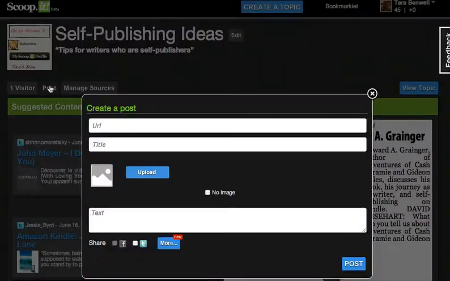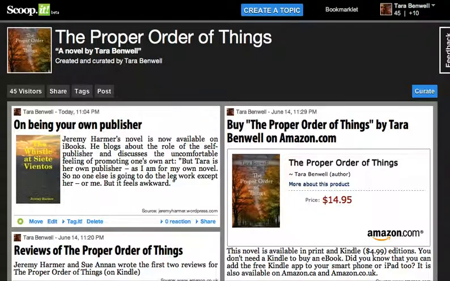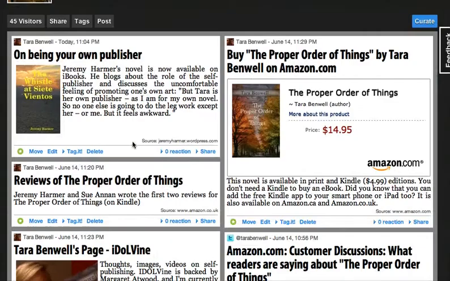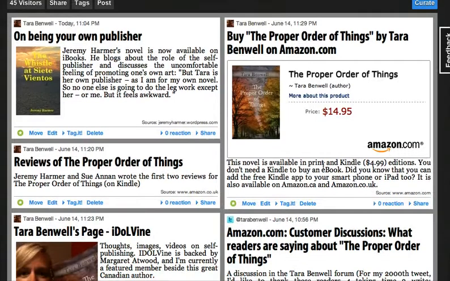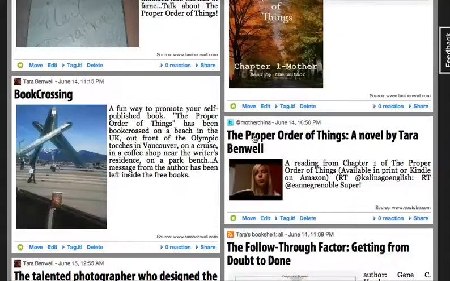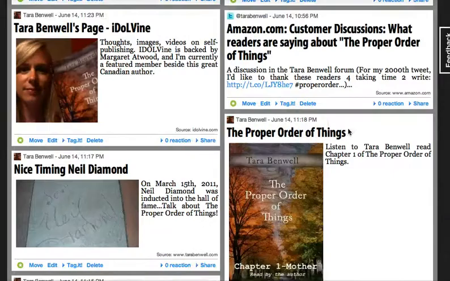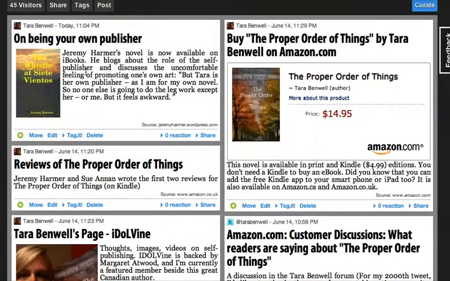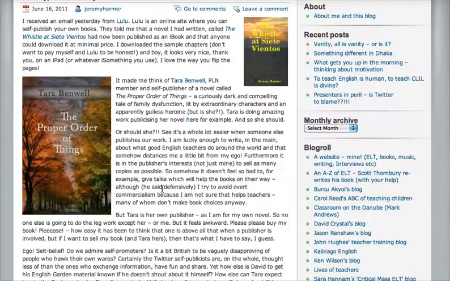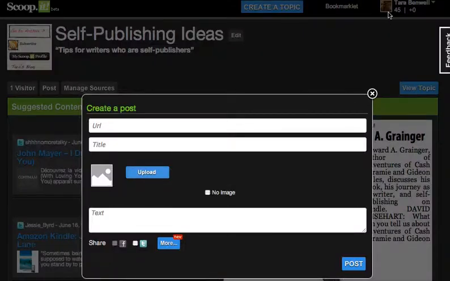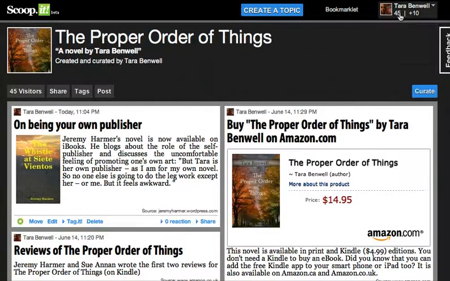You can also post exactly a URL and a title and the text, and this is how I created mine. I did go through and find some information the other way, but I found it was easier to just include the URL, and I knew which content I wanted to add. And you can add new things. For example, I just added this one today because it was a post that was added today, and if you click on it, it's going to take you right to the post. Okay, and there you can see why I might have added it. Okay, so it's really great. And another cool thing is when you go here, you can see that people